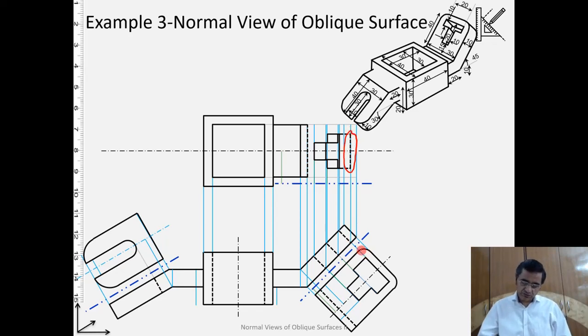Because we are trying to plot this line on the bottom face, and its point view is this, and it is hidden because on the top we have the object. We have certain other surfaces. That's why this cannot be seen and it appears as a dashed line.